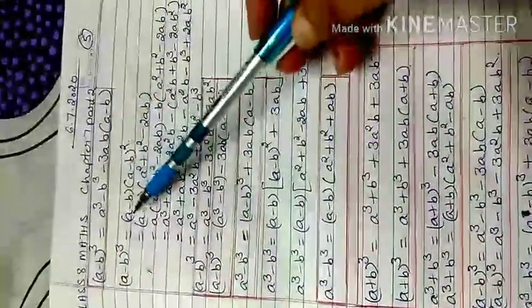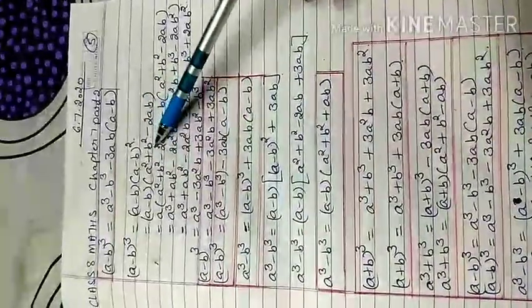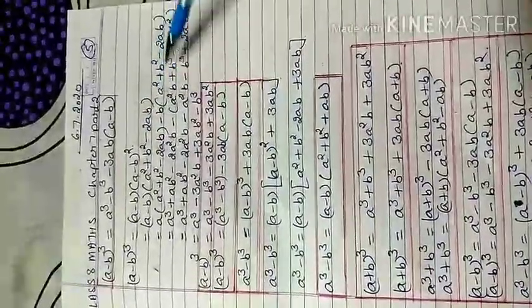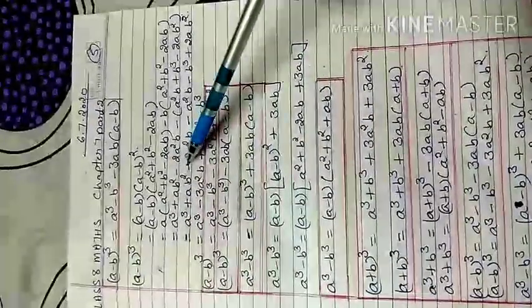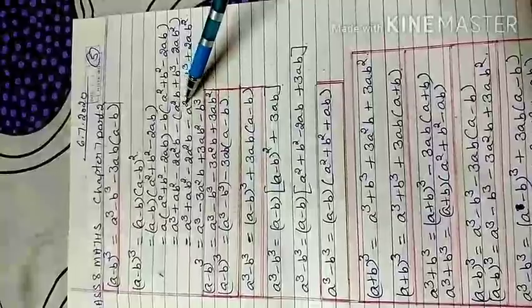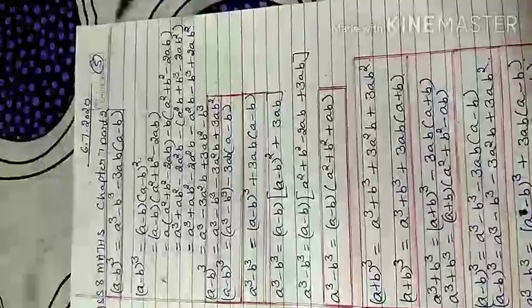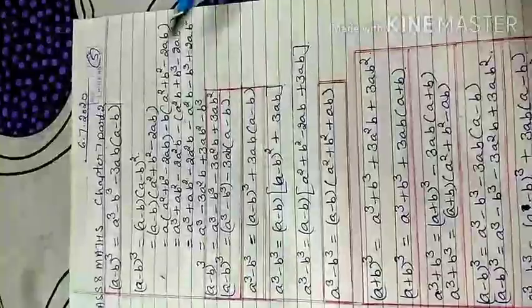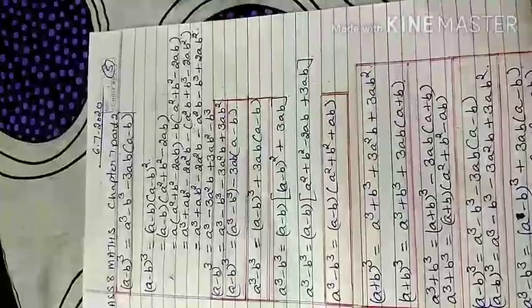Similarly, (a-b)³ works the same way. When you multiply (a-b) by (a-b)², and (a-b)² gives you a² + b² - 2ab, first a multiplies with this whole bracket, then -b also multiplies with this whole bracket. So that gives you a³ + ab² - 2a²b - a²b. The minus is kept outside the bracket, only b multiplies first within the bracket: a²b + b³ - 2ab². Now when the bracket is open and the negative sign is outside, the sign changes: -a²b - b³ + 2ab².